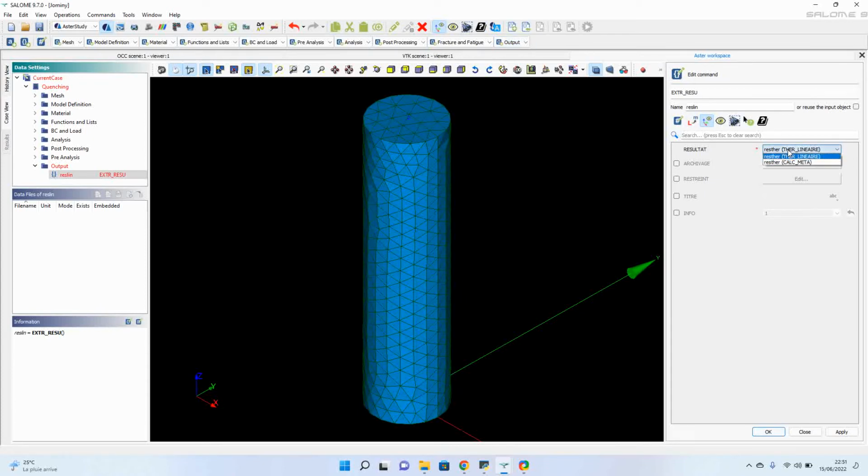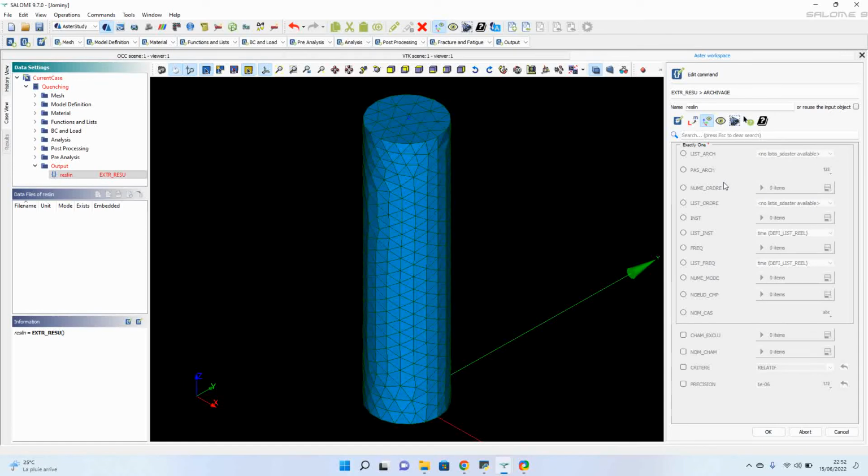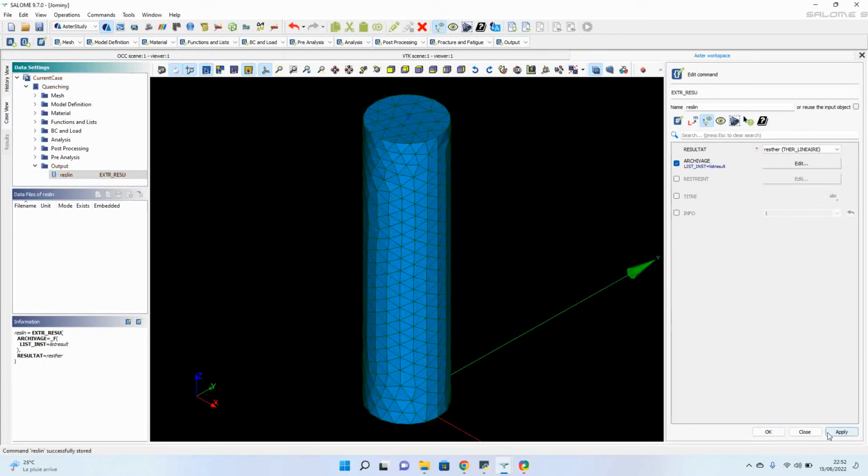So we want to extract the result residue of our thermal analysis, and that is called an archivage, to select only some results, and there we can specify which time step we want to save, and this time we choose the second list, the list for the results. Okay, we apply,